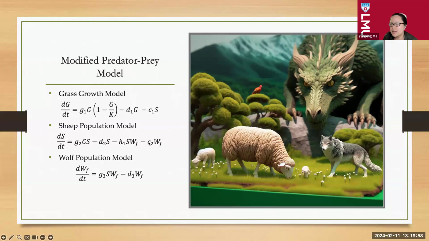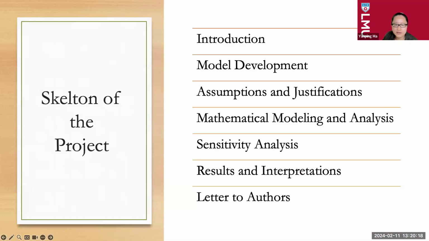I think I made a mistake about the last term. Sorry, I did a last minute modification right before this talk. I don't know why I kept this one here. It shouldn't be there, my bad. And it's easy to model the wolf population. So we can easily capture the food sources we're going to have, and then we can modify this model and put our dragon's information into it.